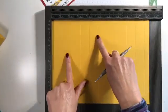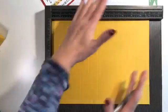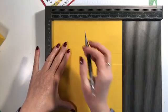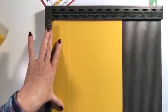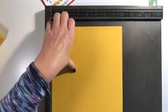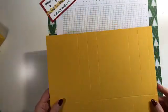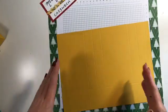Now, turn those score marks to the right, okay? And I want you to make one single score line at 2. That's the bottom of your bag, okay? And put that away because we're all done. Before you do any cutting,